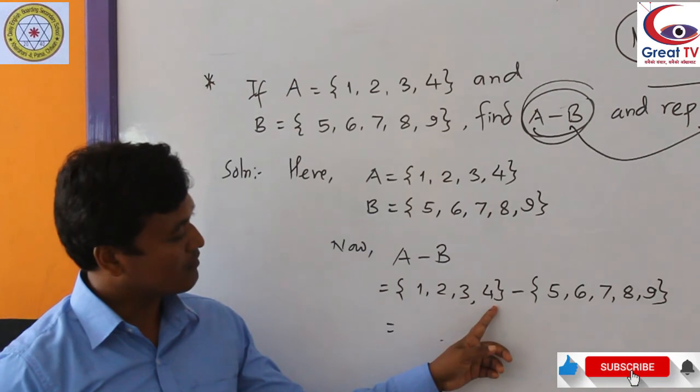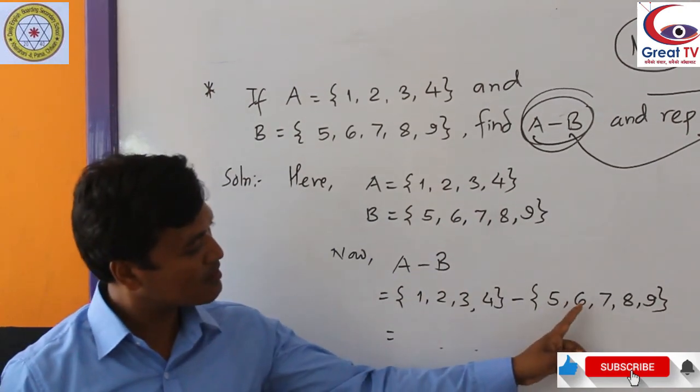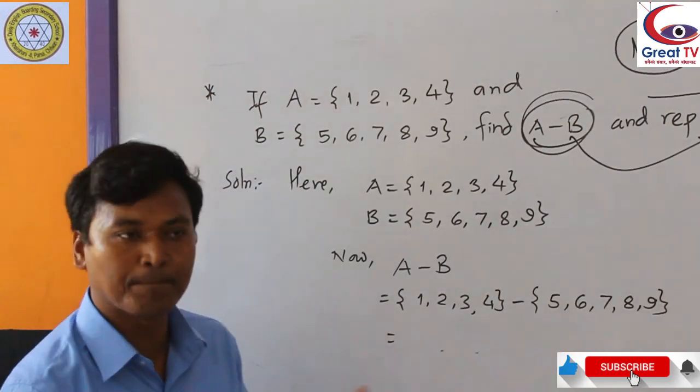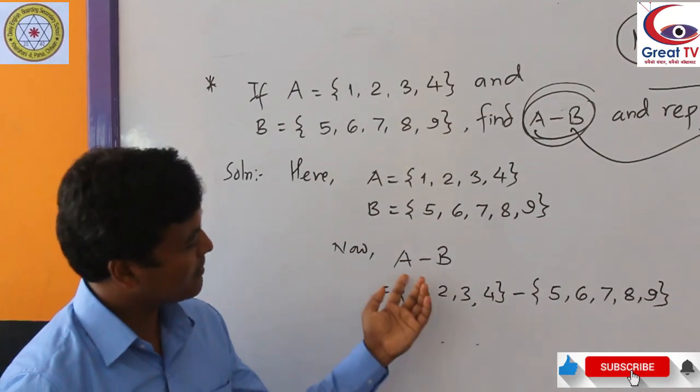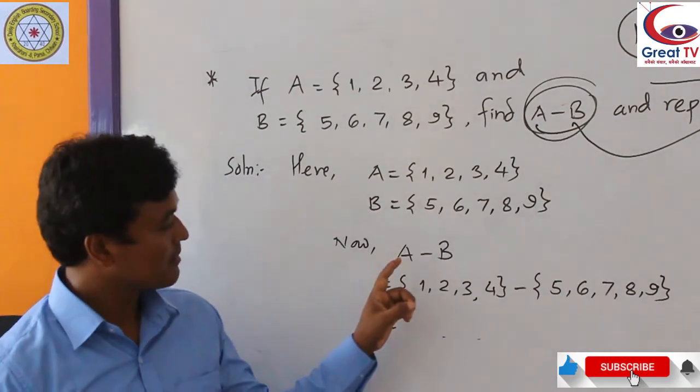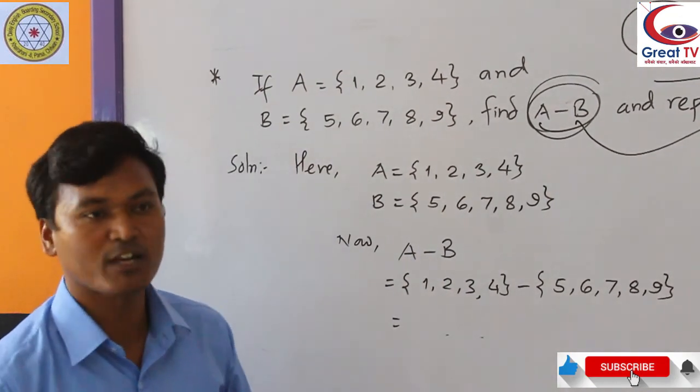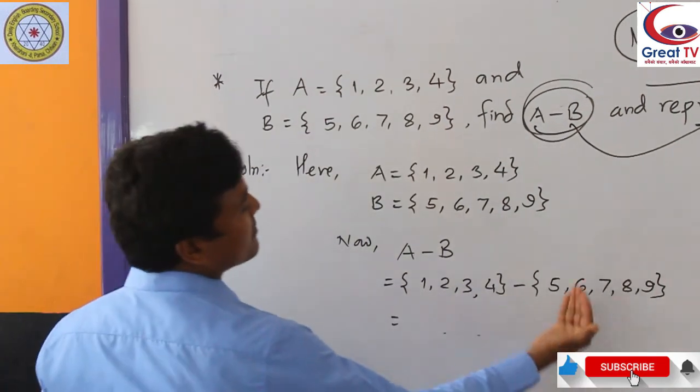1, 2, 3, 4 are the elements of A. 5, 6, 7, 8, 9 are the elements of B. Now it's clear A and B have no common elements. It means A and B are two different sets. Okay, as we can't derive common elements,